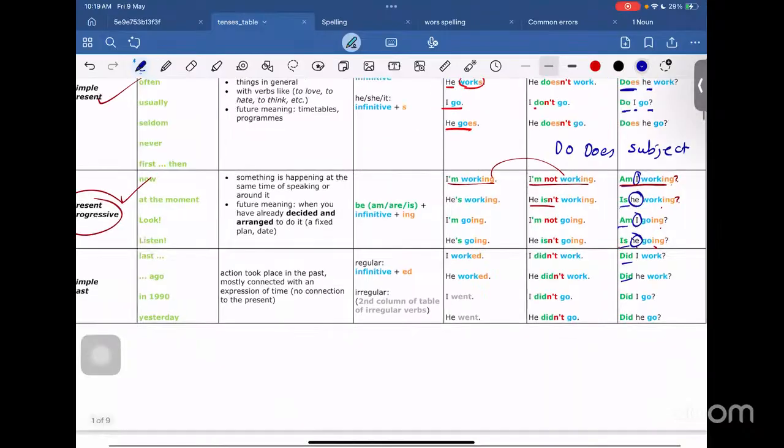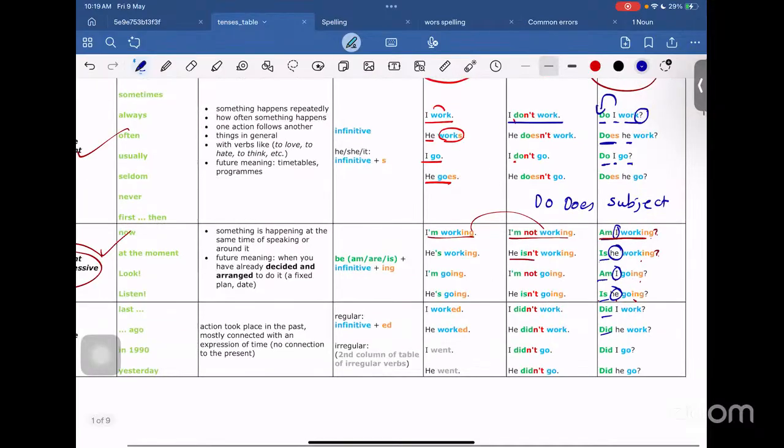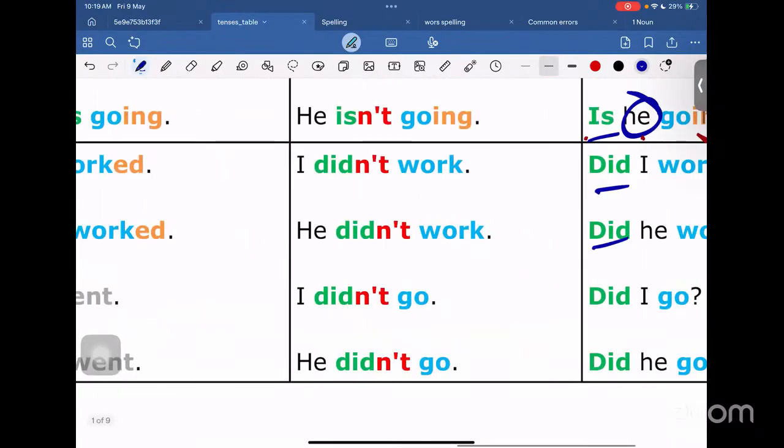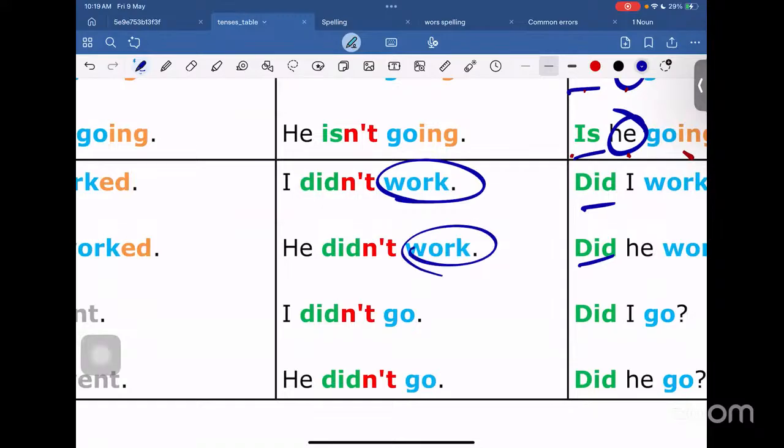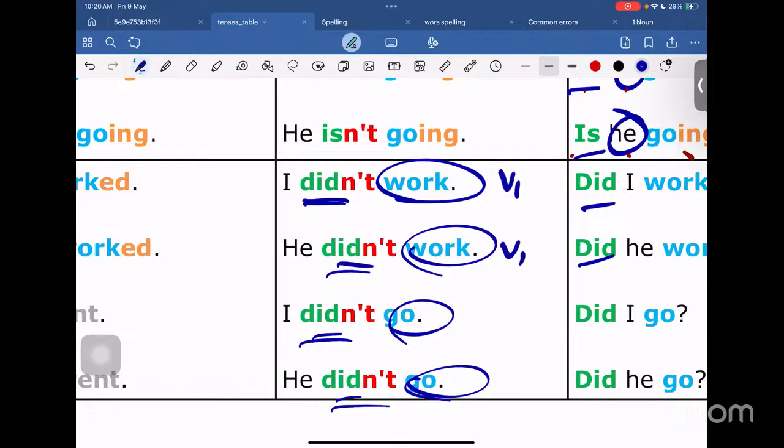डिड यूज करना ही पड़ेगा। देखो ये नेगेटिव सेंटेंसेस का बॉक्स सिंपल पास्ट का दिख रहा है, ये V1 V1 V1 V1। क्योंकि निगेटिव आपको बनाना है तो आपको डिड लगाना ही लगाना है, और जब डिड लगाएंगे आप तो V2 ले ही नहीं सकते, मतलब V1 ही लेना पड़ेगा आपको, वर्ब का पहला फॉर्म ही लेना पड़ेगा।